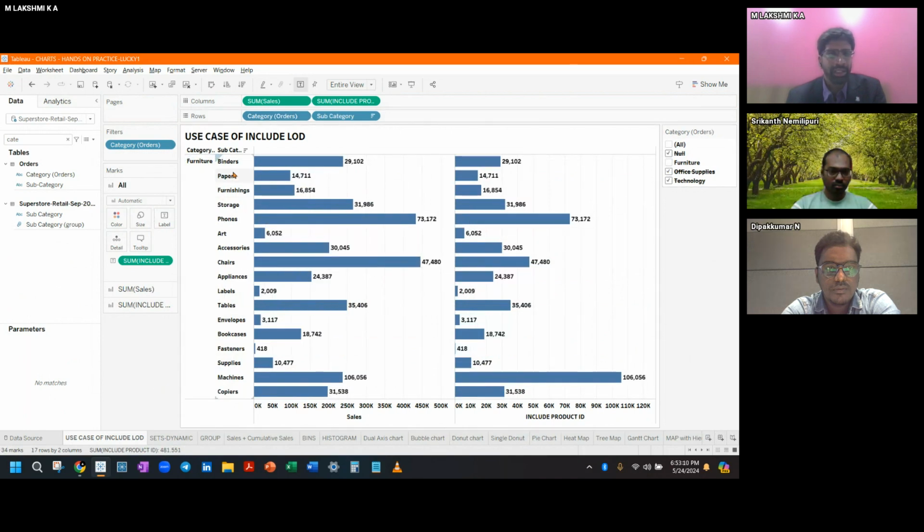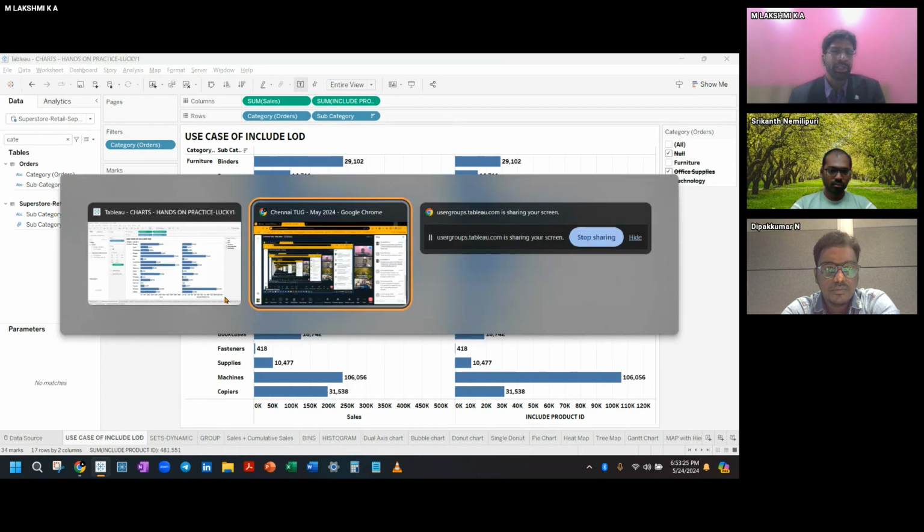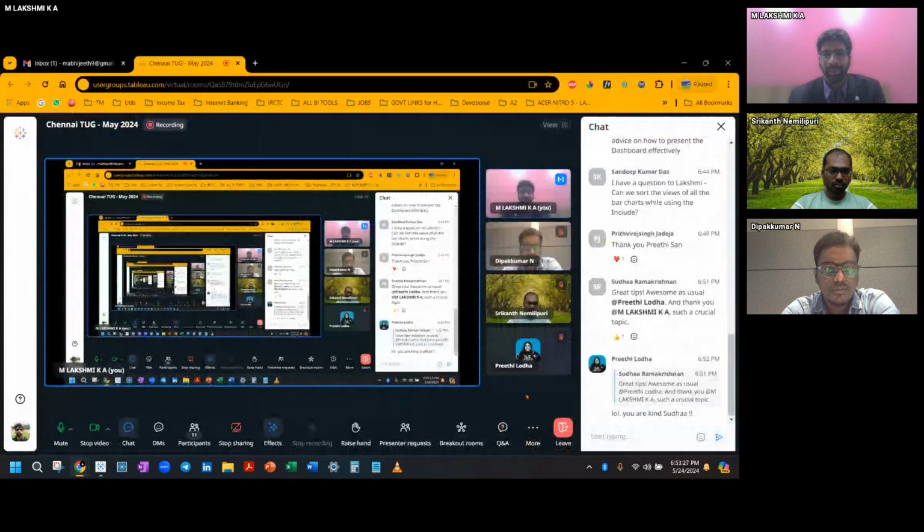Now again, you see in furniture there are many things, but furniture is showing machines, copies, everything. So this is not actually working because we are already including our aggregation and granularity at a separate level. So all in all, what I want to say is that you can use the sorting feature in this way, and you can definitely work on showing the sorted order, and it can give a complete picture of your presentation in a neat and designed fashion. I hope I have answered the question.